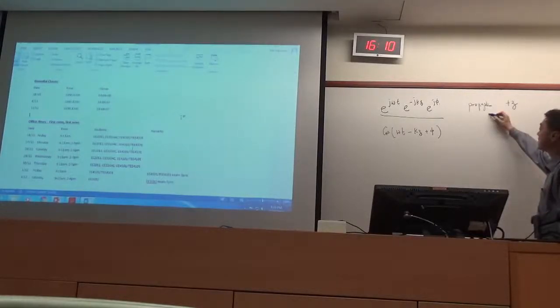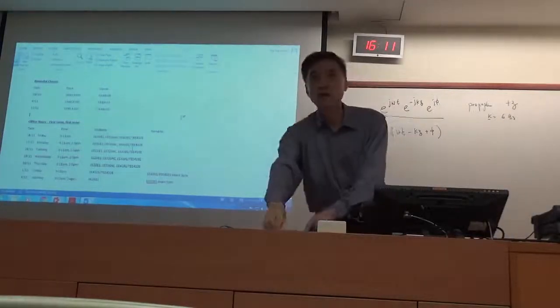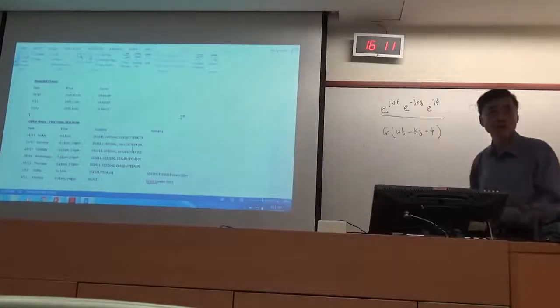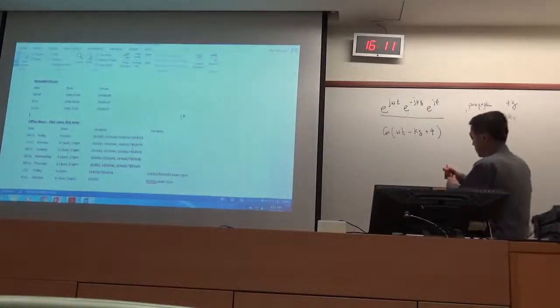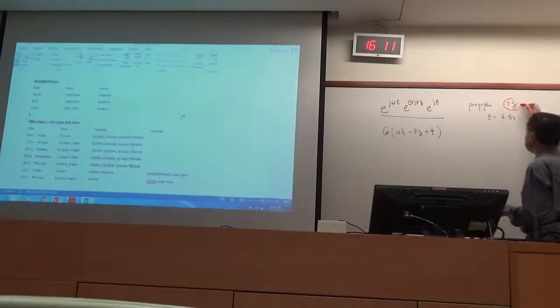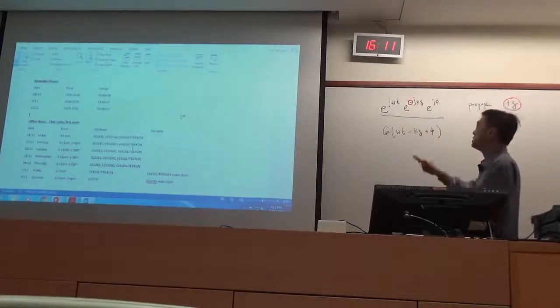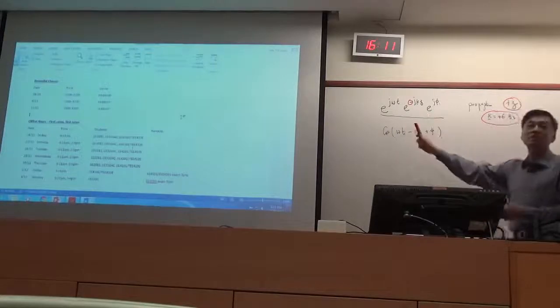And the propagation vector k, in this case, is 6 az. There are still a lot of people who make this mistake. This is minus here, propagation is plus. This is plus. Quite a few people still say that the propagation is in a minus x